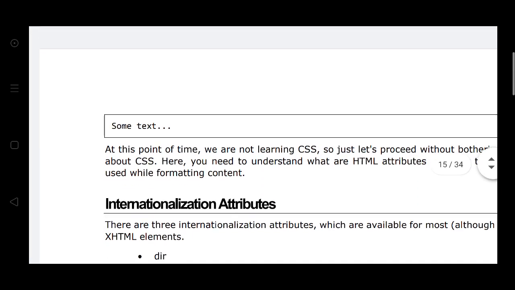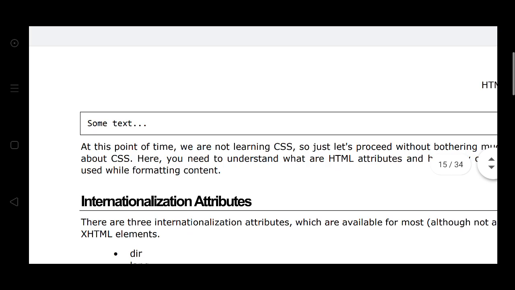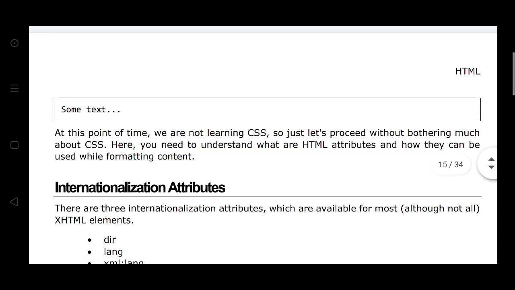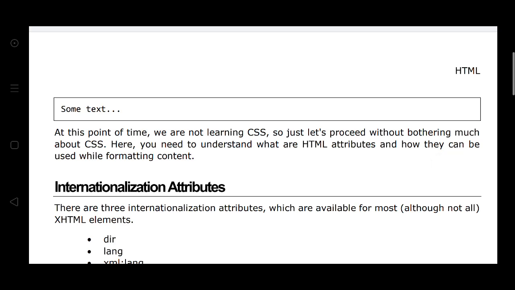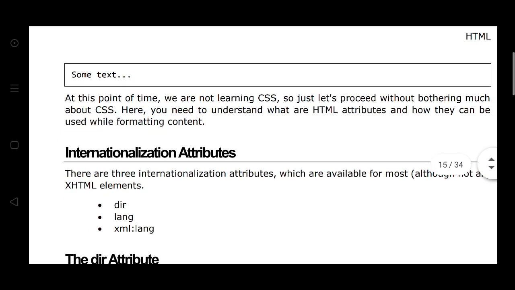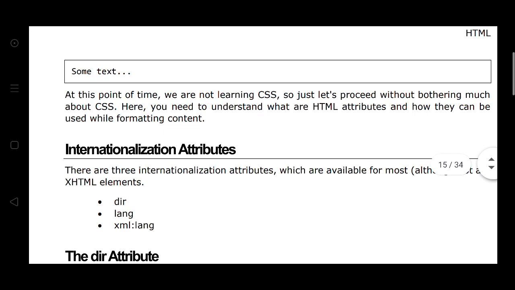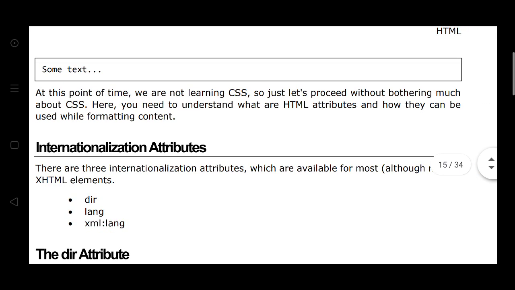At this point you are not learning CSS, so let's proceed without bothering much about CSS. You need to understand what the HTML attributes are and how they can be used while formatting content.